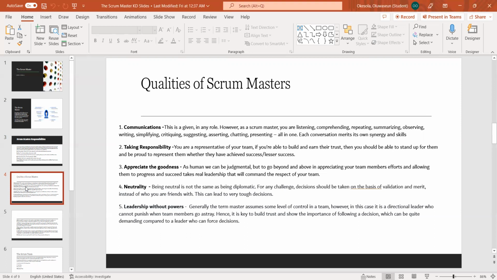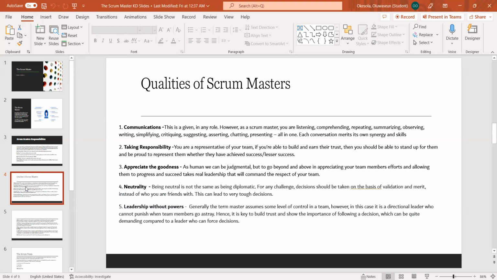And top of the list is active listening. You need to listen, you need to understand, you need to take notes, you need to summarize, because people need to get the exact information that you are giving them. People need to trust you. The development team needs to trust you enough to communicate with you, knowing fully well that when they have a conversation with you, especially when they discuss the issues or challenges they are facing, you will definitely come up with a solution.